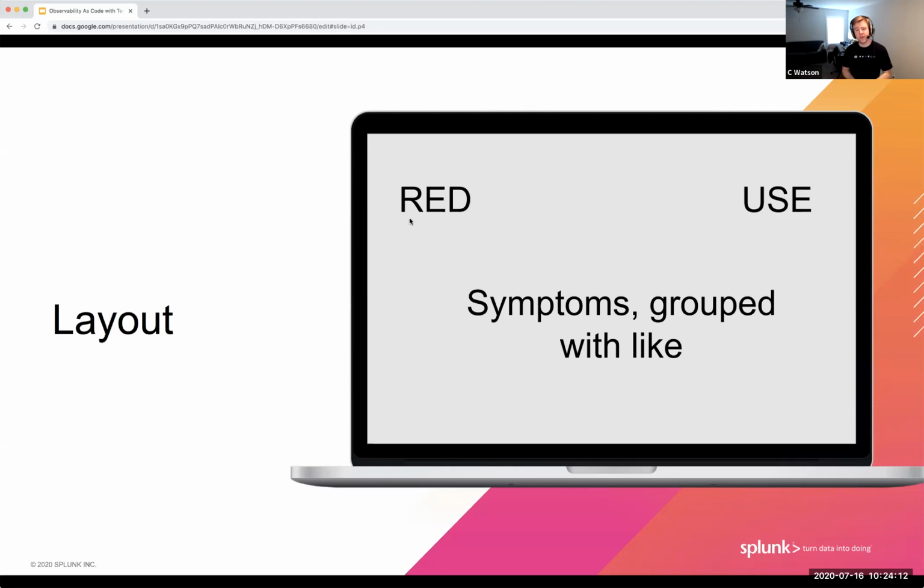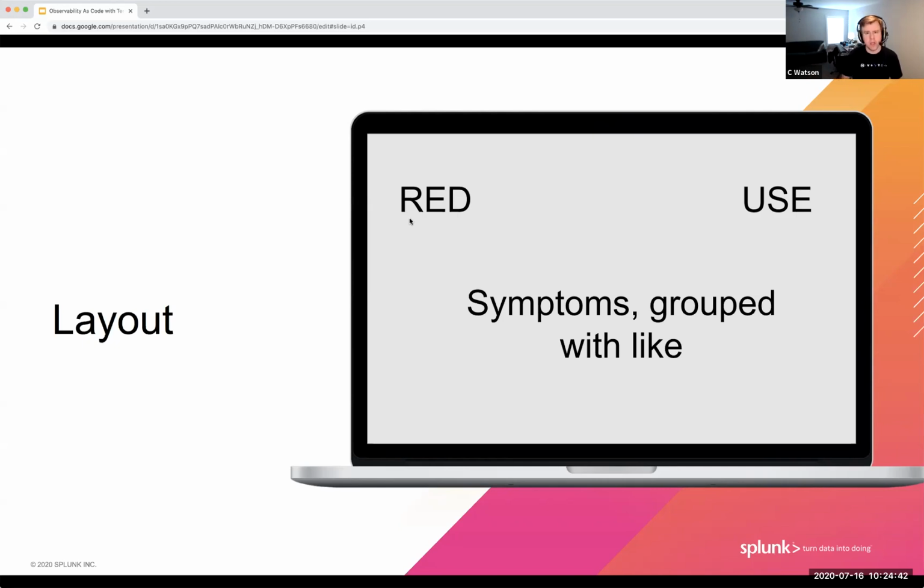So after that, I'll mention that RED and USE are not causes of problems. They're just symptoms. They describe what the problem is doing, like checking your temperature or how tall you are on a given day, right? When you go to the doctor. So below RED and USE, in a diagnostic dashboard, you're typically going to put stuff that's symptom-based. So what are symptoms that users experience? Maybe there's the age of a given item in a queue or something like that,